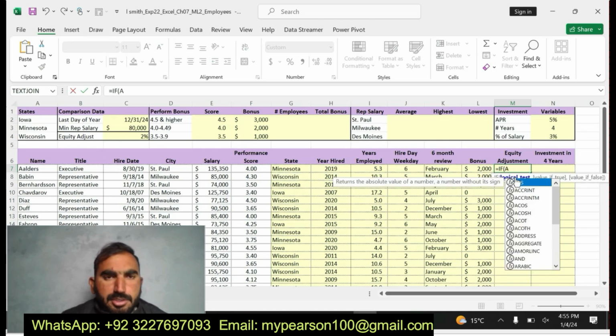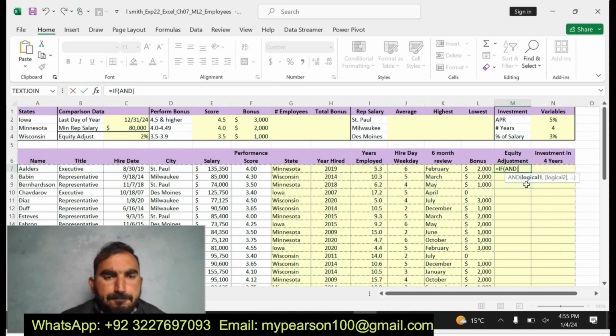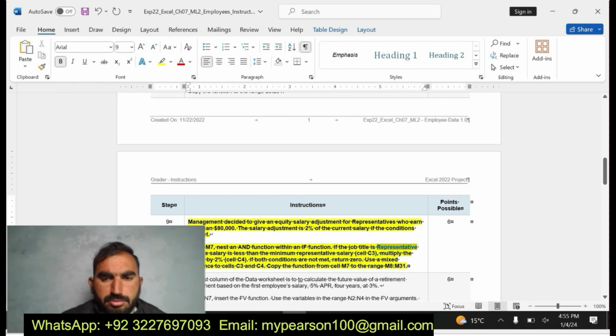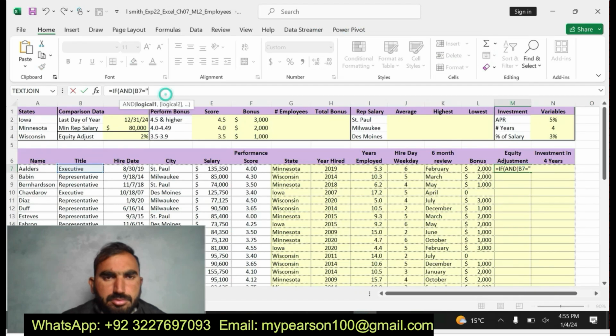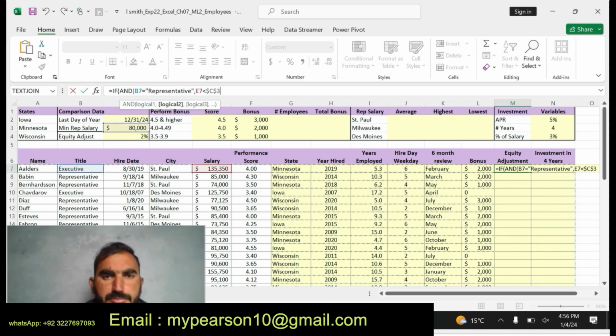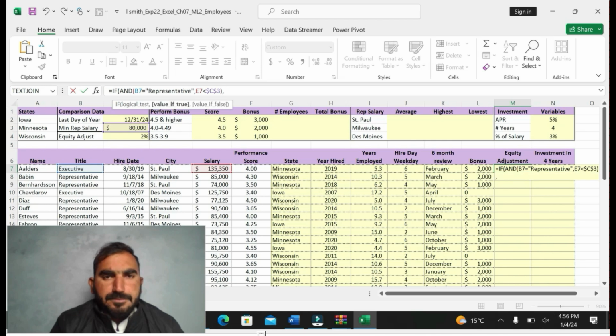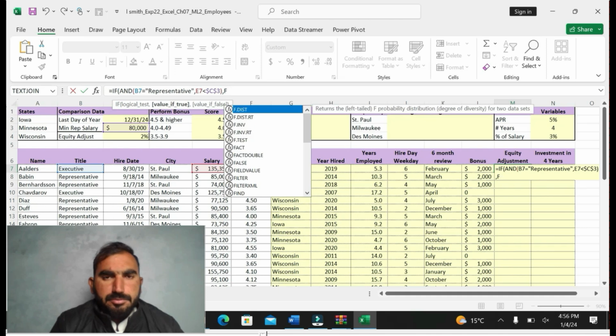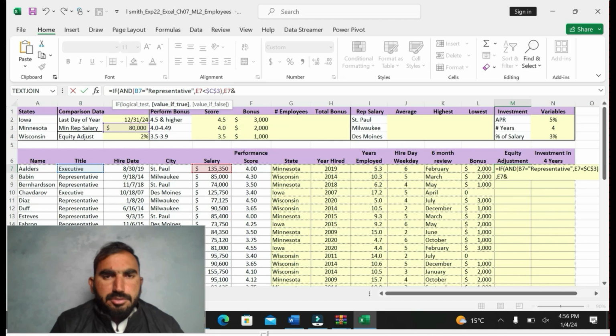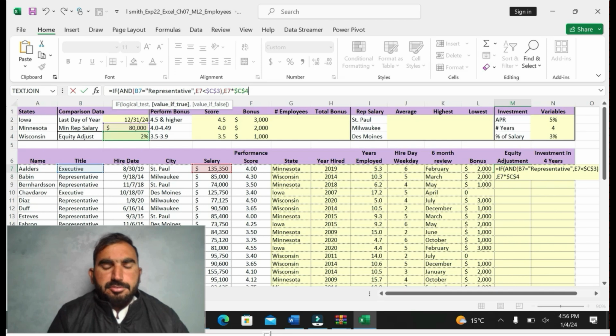You can see here G7 is equal to Representative, comma, E7 less than $C3, comma, and E7 multiplied by C4.